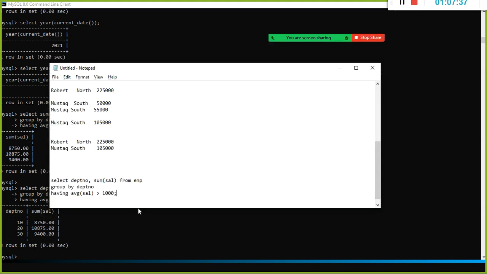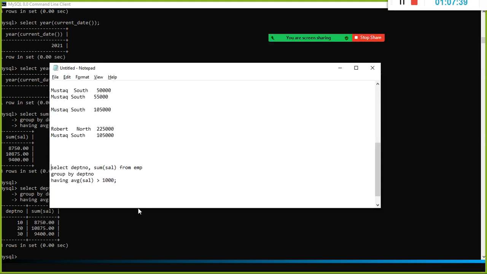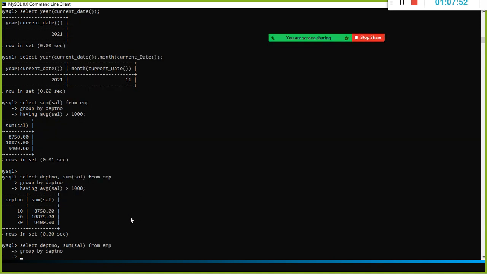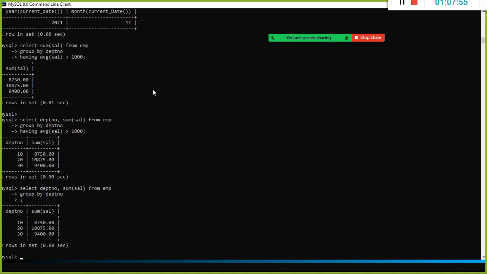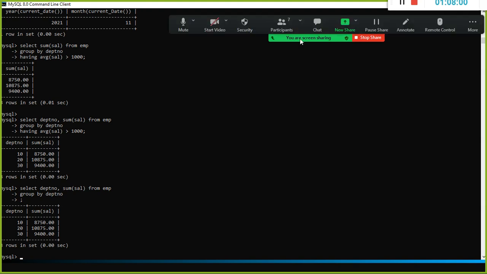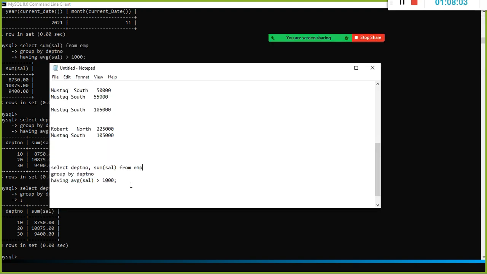So what is happening here? Here I did not use where, right? The where clause should come before your group by, and the having clause should come after group by. If I don't use this one, what will happen? For example, 10, 20, 30, right? So here this is what we can see. In this case we don't have any matching criteria here. One second, let me do one thing. Greater than 1000. It applies the filtering condition on the grouped data. Which one? Having.